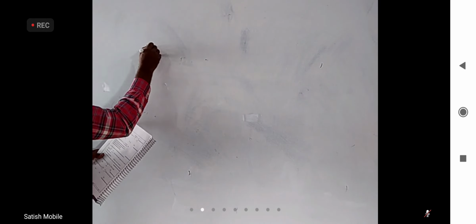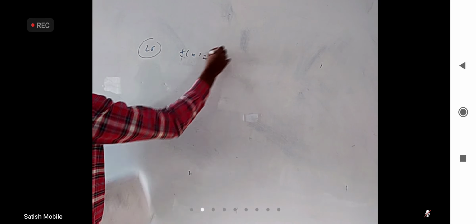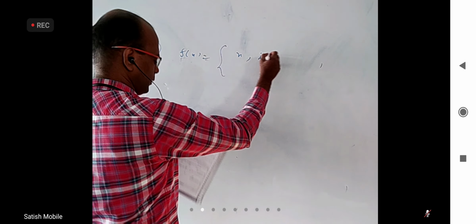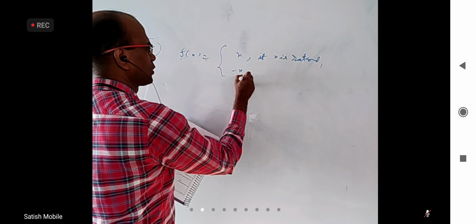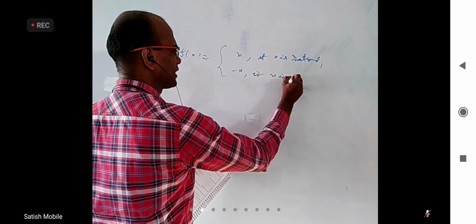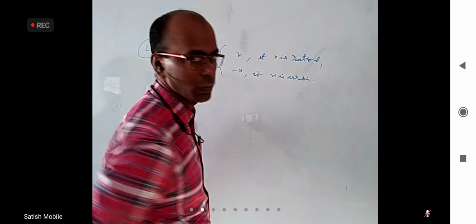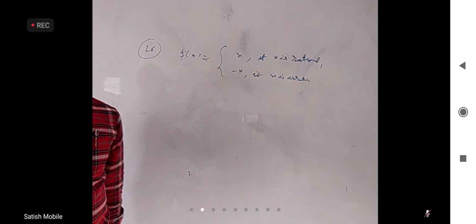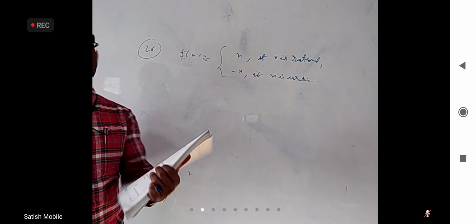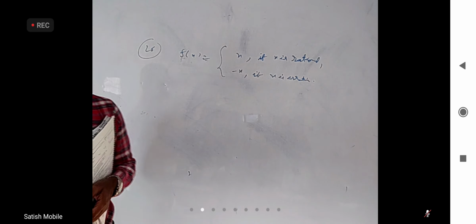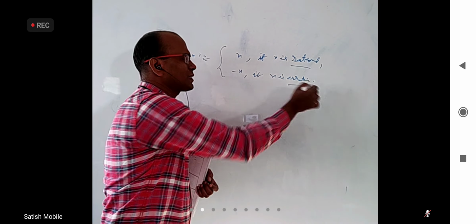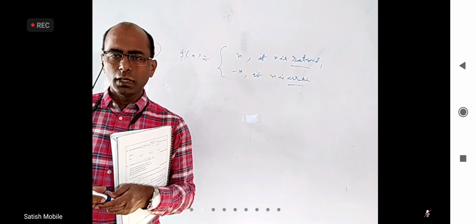Okay, so I'm discussing one simple question here, 26 in part 1. f of x equal to x if x is rational, equal to minus x if x is irrational. This is slightly different from other questions. This is a function where only at 0 it is continuous, everywhere else discontinuous. Why? The rational numbers and irrational numbers are infinite. You take any two rational numbers, between them you can insert